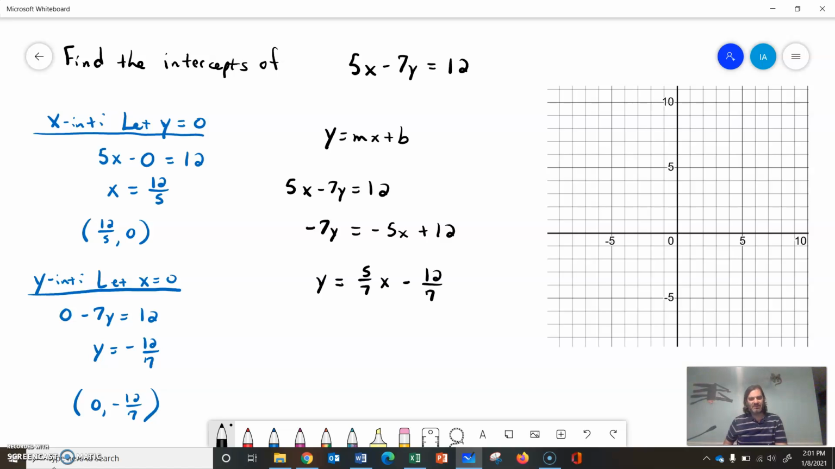So if we're going to try and graph this, I don't know how good we'll be at it, but our y-intercept right here we just validated was negative 12 sevenths. Well, that's not quite negative 2, but it's kind of close. So we'll put it down here close to negative 2. And then our slope,